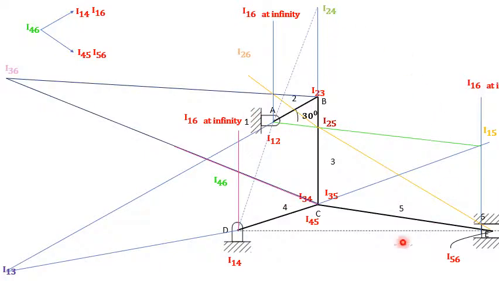So like this we can locate all the possible instantaneous centers by using both physical inspection as well as the circle method. Once the location of all the instantaneous centers is over, we need to calculate the velocities. So first, find the angular velocity of link BC, that is link number 3. From the angular velocity ratio, we know that omega x by omega y is equal to I1y into Ixy divided by I1x into Ixy.